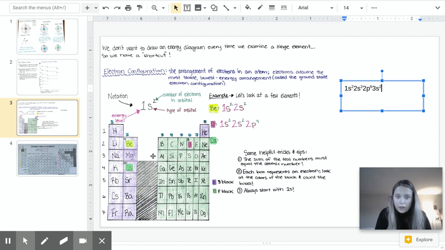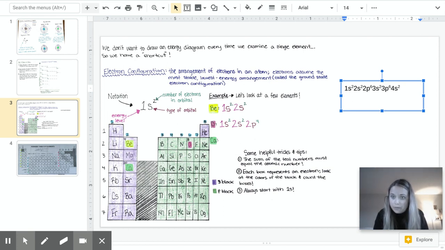Not done. We got to go to aluminum. We're still in the third energy level, so it's going to be 3. The boxes are green, so it's a P. And we have 1, 2, 3, 4, 5, 6 of them. Okay? We're almost there. We're at our fourth energy level now. So we have to put a 4. We have purple boxes, so it's an S. And to get to calcium, we have to go 1, 2. So we need a